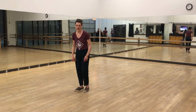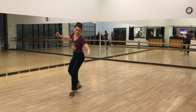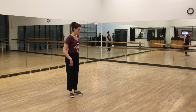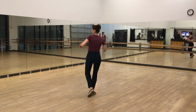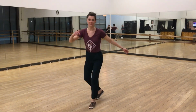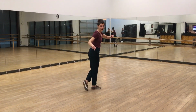Then we did full block, bop, bop, bop, bop, bop, bop, bop, 8, 1, 2, 3, 4, 5, 6, 7. Then we learned this move. Went like this. 1, 2, 3, 4, 5, 6, 7, 8. 1, 2, 3, 4. I told you to look at the mirror as long as you can. So you kind of